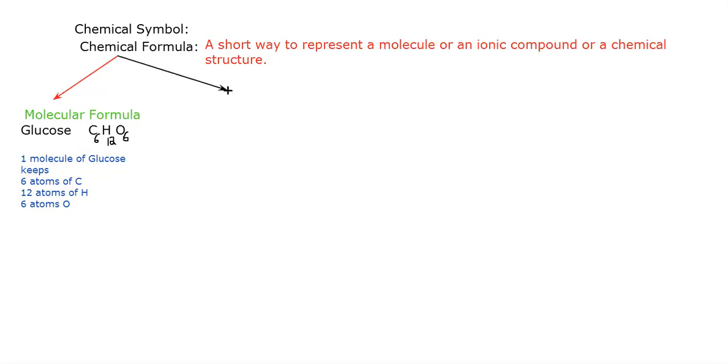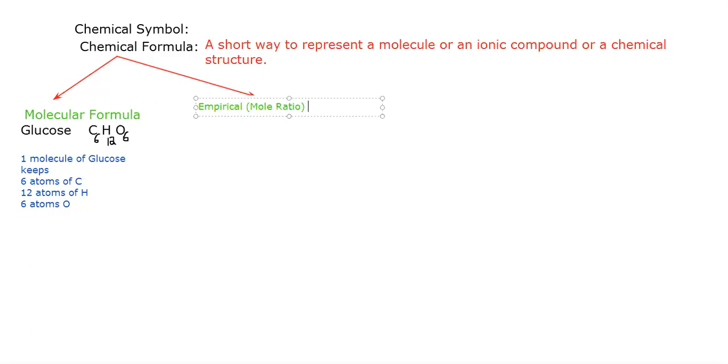So another type of chemical formula. What is the type of chemical formula that I am going to represent here? I must change the color. The second type of chemical formula is called empirical formula. Okay, now what does it mean? I'm writing here empirical formula, the second type. Empirical is also called mole ratio formula or simplest ratio formula.